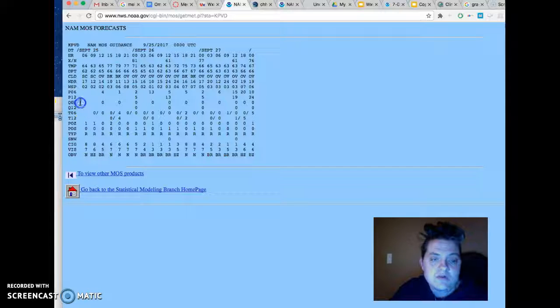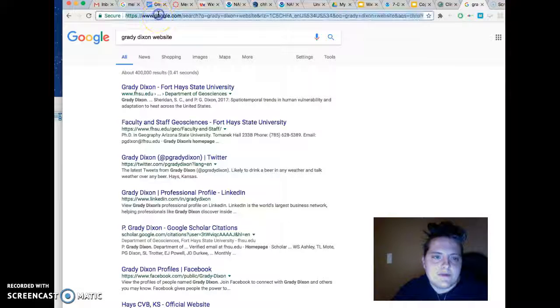The QPF is weather slang for the quantitative precipitation forecast, like how much actual precip you're getting, and they do it in categories. So 0 is a set amount of precip, and I think that's how they actually grade it anyway. Because this is 0 all the way through, they're not expecting any kind of significant rainfall, but again, you can look up the categories. I might do it here.